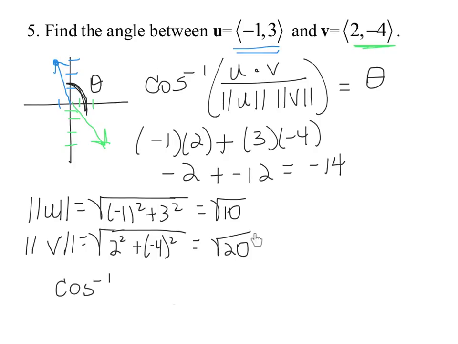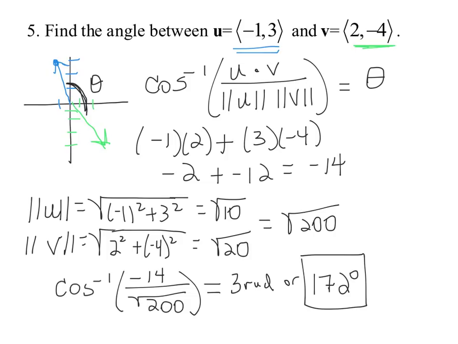So what's going to be in the denominator is root 10 times root 20. Now I could go ahead and multiply those together and call that root 200, just to make it easier to put in my calculator. All right, so I put the -14 in the numerator and the square root of 200 in the denominator. I did a cosine inverse of this ratio, and it gave me approximately 3 radians if my calculator is in radians. If you do get a radian measure, then you need to multiply by 180 and divide by pi,